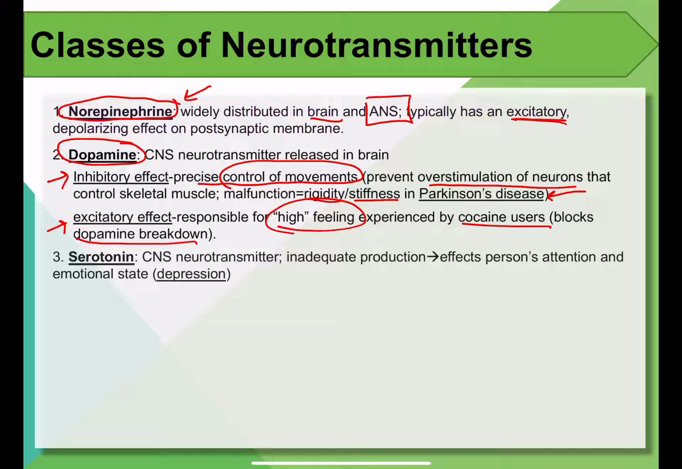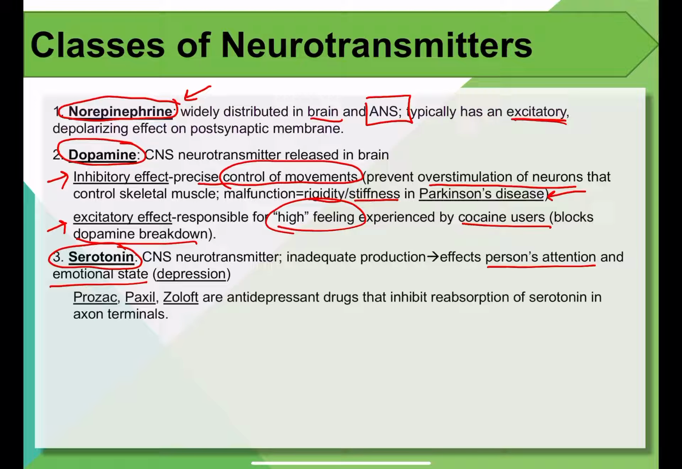Okay, and serotonin, everybody has heard of this. This is another central nervous system neurotransmitter, and if you have an inadequate amount of serotonin, it can affect a person's attention and emotional state. So people that have depression tend to need drugs that keep serotonin longer within the synaptic cleft, so we can manage our feelings and emotions. And that's what Prozac, Paxil, and Zoloft are commonly used for as antidepressant drugs